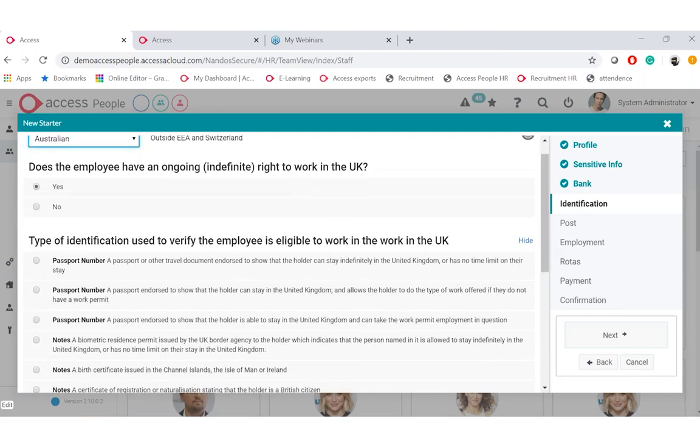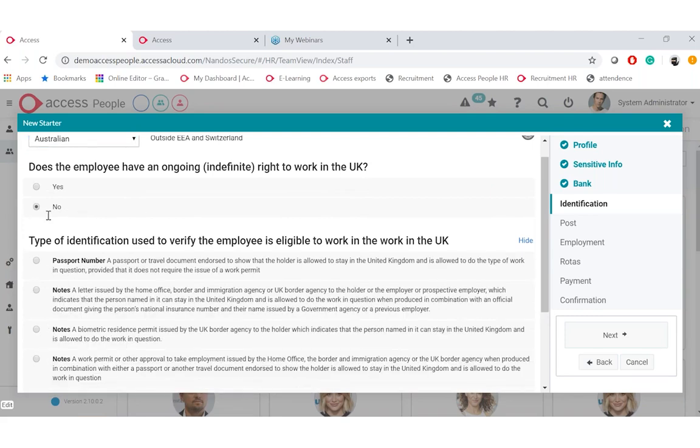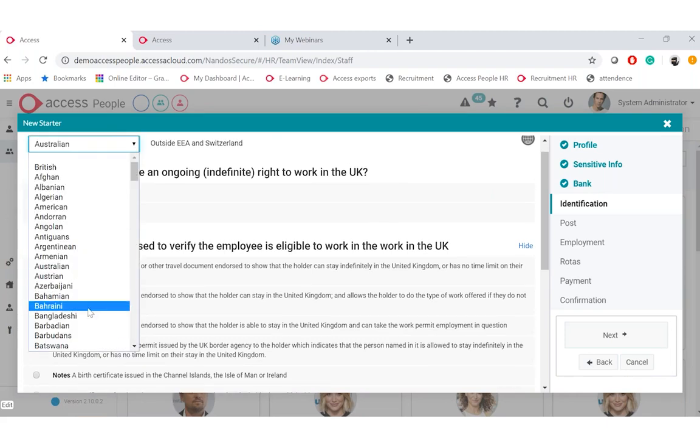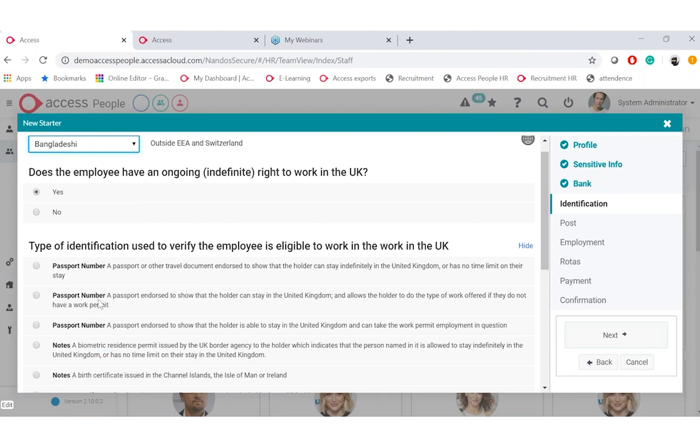So we can see here, does the employee have an ongoing infinite right to work in the UK? If it's no, this information will change. See, we've got yes. So the system is intelligent enough to understand, depending on what area they are from, what information is needed by you as a business.